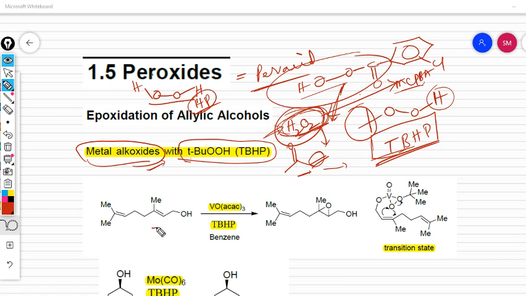This is one example, which converts allylic alcohols into epoxy alcohols, that is, epoxidation of allylic alcohols. So what is the role of the metal? The metal is going to make a bridge between the hydroperoxide, whatever it may be,